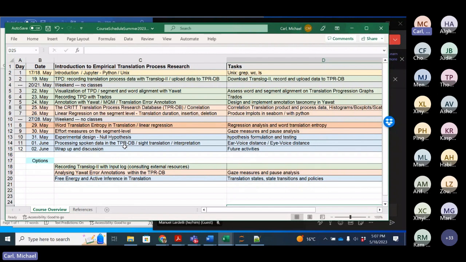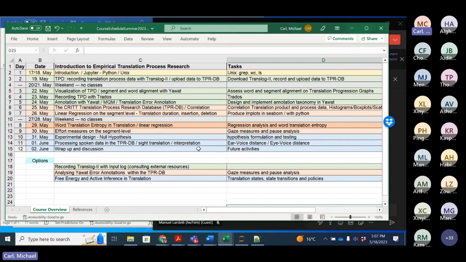So usually speech recognition systems would not tell you how long it took for the translator or the speaker to produce this word or the segment. And they would not produce this data on a word level. They can transcribe words quite accurately, but they would not indicate how much time it took for each word. So they would not attach a timestamp to every word. And so there was one tool that would do this.